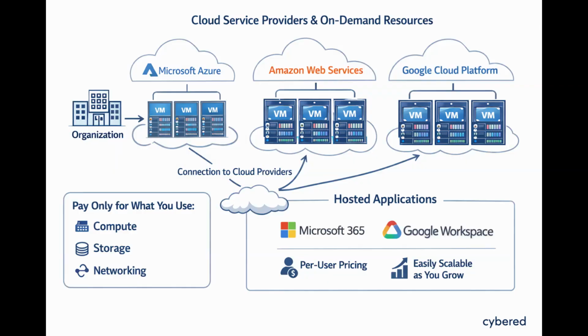Organizations can consume resources on demand from providers such as Microsoft Azure, Amazon Web Services, and Google Cloud Platform. These platforms rely heavily on virtualization and automation to deploy services rapidly. Servers and applications run as virtual machines in the provider's data centers, allowing customers to pay only for the resources they use. Common examples include hosted email platforms like Microsoft 365 and Google Workspace, where organizations pay per user and